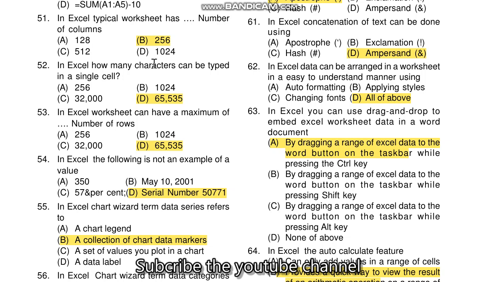ये हमने एक पार्ट बना लिया है 50 एमसीक्यू तक, और दूसरा पार्ट आज हमारा स्टार्ट कर रहे हैं। अगर आपने पहले पार्ट प्रीवियस देखना है तो ऊपर लेफ़्ट साइड पे आपको लिंक नज़र आ रहा होगा, वहाँ पे क्लिक करें और प्रीवियस वीडियो भी देख सकते हैं। 51 question in Excel typically worksheet has the number of the column